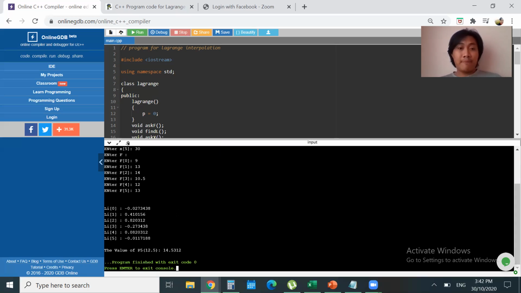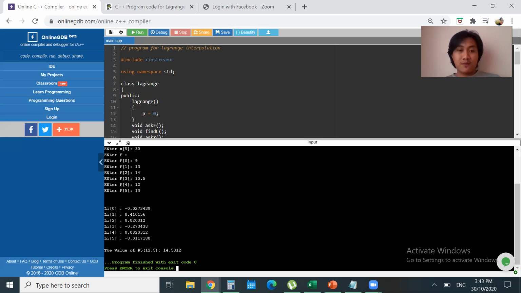As you can see here, the Lagrange terms are: negative 0.02734338, next is 0.410156, then 0.820312, next is negative 0.273438, then 0.08203112, and negative 0.011718.